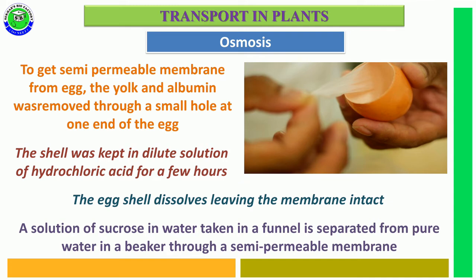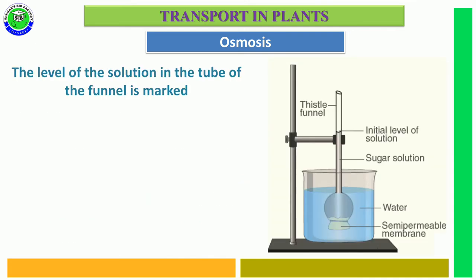And a solution of sucrose in water is taken in a thistle funnel, and with the help of this egg membrane, the water and solution are separated from each other. At this time, the egg membrane acts as a semi-permeable membrane. During this experiment, the level of solution in the tube of the funnel is marked and it is considered as the initial